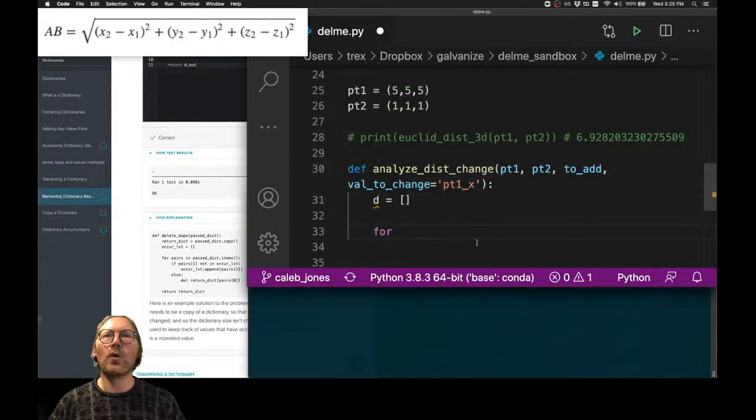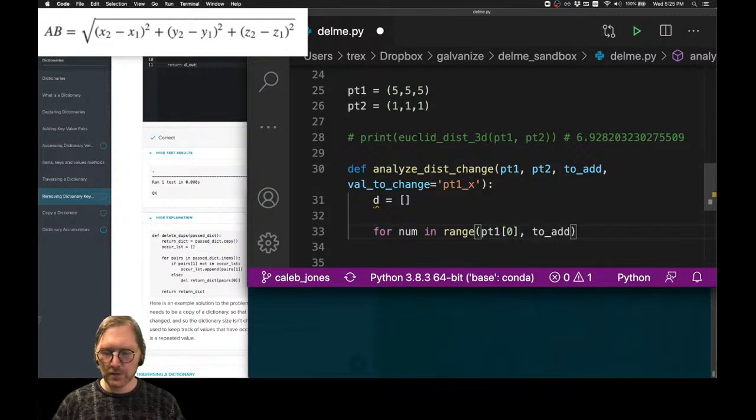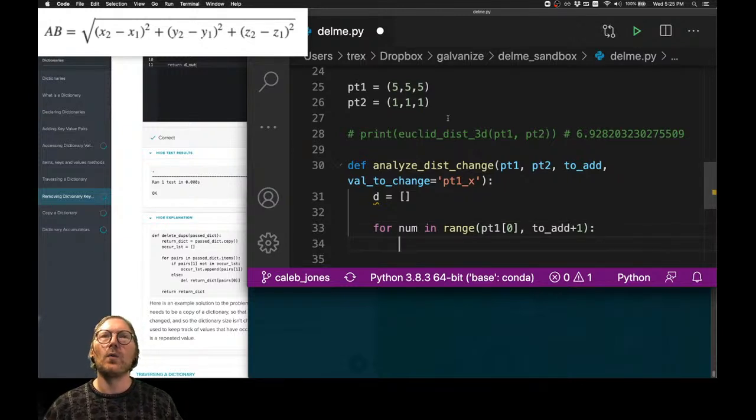So I'll just say for num in range, and that will be point1 sub 0, so that starting val of 5, all the way up to add plus 1, so that'll be inclusive of 15. We're going to get the Euclidean distance